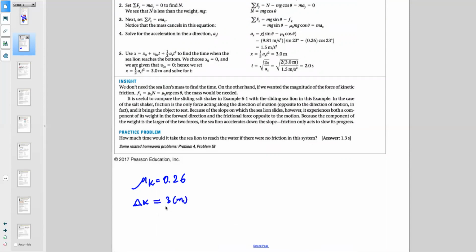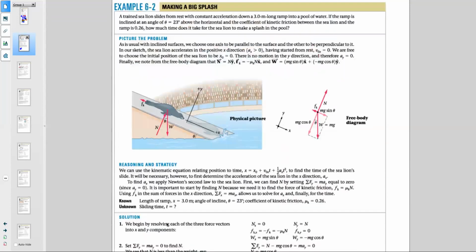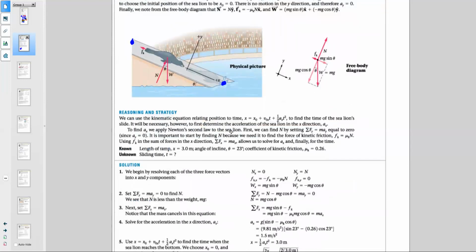And what else did we have? Theta was 23 degrees above the horizontal. How much time does it take for the sea lion to make a splash in the pool? In other words, once it starts from the top initial point, how much time will it take to hit the ground? Okay, so